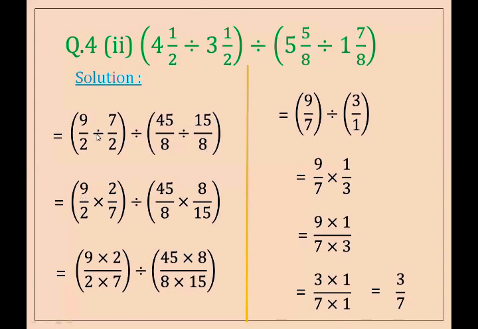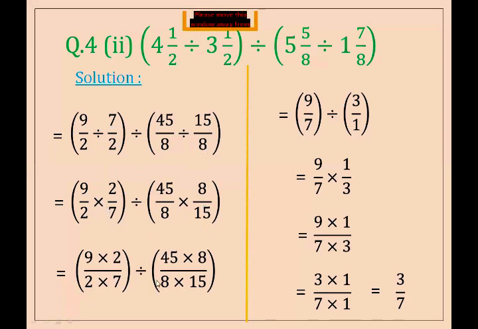Okay, here we have to convert this divide. Firstly, we have to solve these brackets. Inside the brackets we have a divide sign. Here we convert this divide sign into multiply. So 7 upon 2 has the reciprocal 2 upon 7 here. Again, students, we have multiply here. This divide sign is as it is. This divide sign is converted into multiply because this is inside the brackets. Here we take the reciprocal of this term, 8 upon 15.